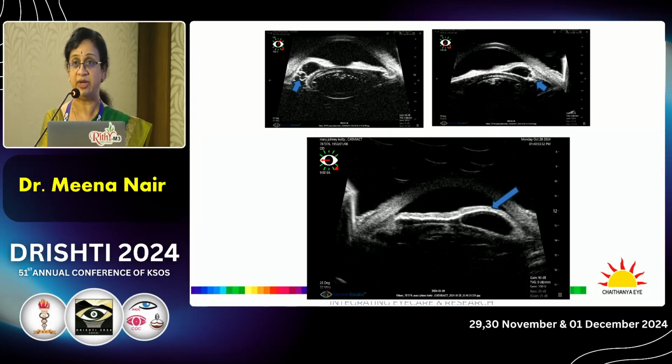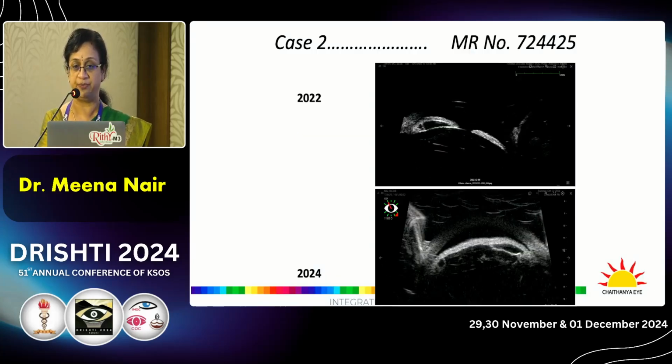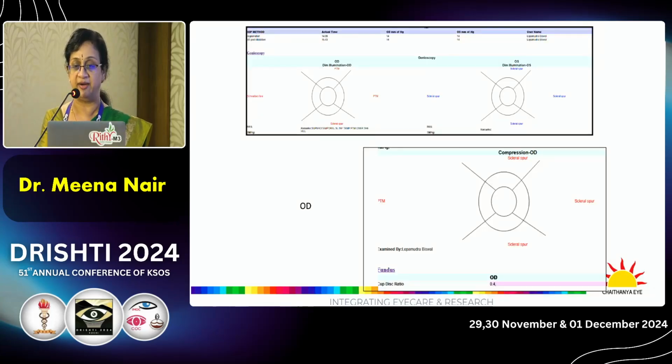So this imaging modality picks up extra features and goes behind the iris to pick up the mechanism for secondary angle closure. This is another patient of mine who is being serially followed up with iris cysts to know whether the size and extent is increasing, and you can see it's almost the same. So this imaging modality has a very good role in giving us additive information on things behind the iris. The gonioscopy in this case also showed 180 degrees of appositional closure in the superior and temporal